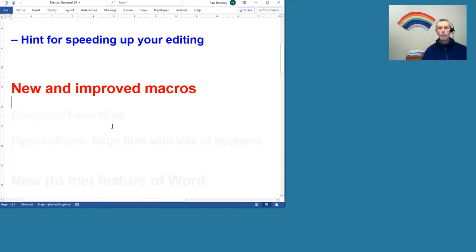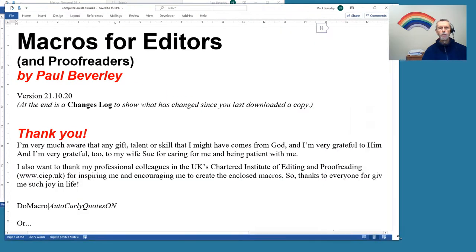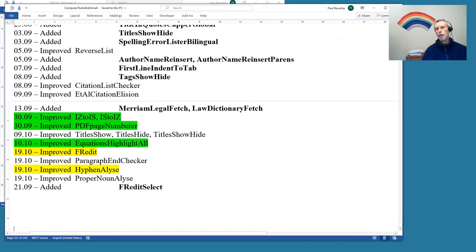Okay, so new and improved macros. I'm sure you're aware that if you load up the book, then down at the bottom you'll find a list of the changes that I've made to different macros and/or macros that I've added. So the new macros are in bold, and Fredit Select there is what I'm going to deal with in a minute. New one, and changes, I've improved proper nounalize, I've improved the final display on that,